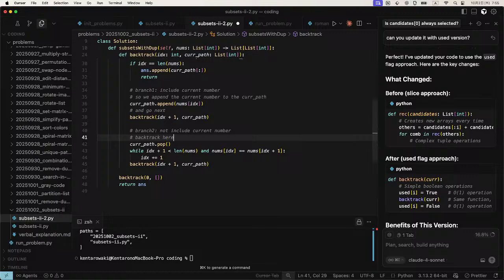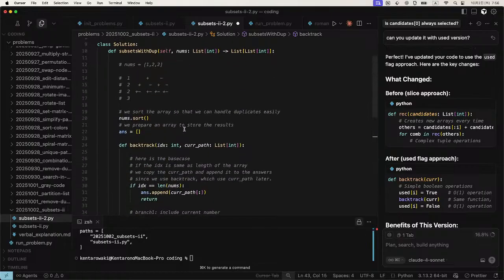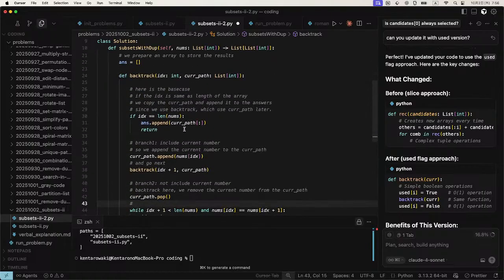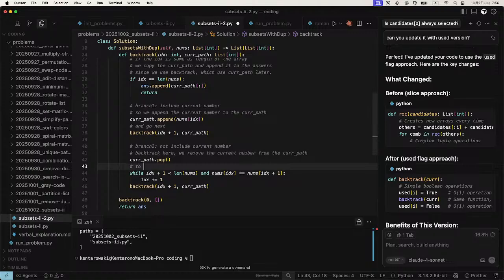Backtrack here. We remove it from the current path and, to avoid duplicates,